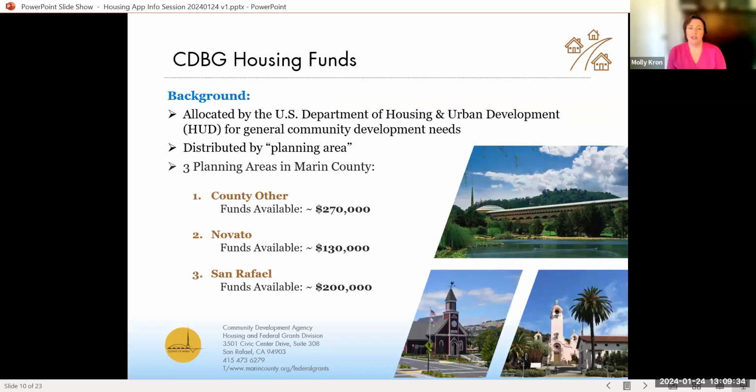As I mentioned, these funds are allocated by HUD, and the county receives them and administers them on behalf of the entire county, all of the jurisdictions in the county. We are what's called an entitlement jurisdiction, which you heard Aline mention. And what that means is we have a population of over 250,000 residents. And so we are eligible to receive funds using a formula. That formula is calculated annually, and we receive a distribution from HUD based on our low income population, our rates of overcrowded housing, and